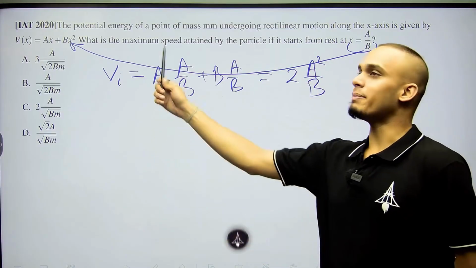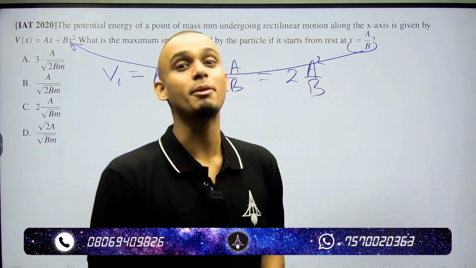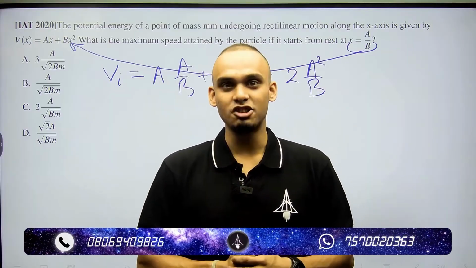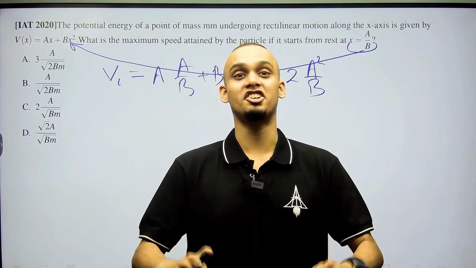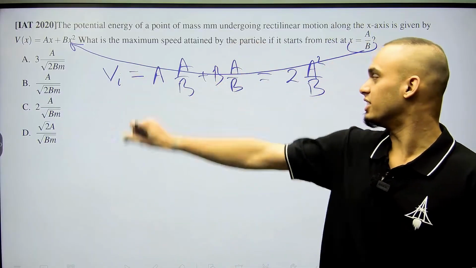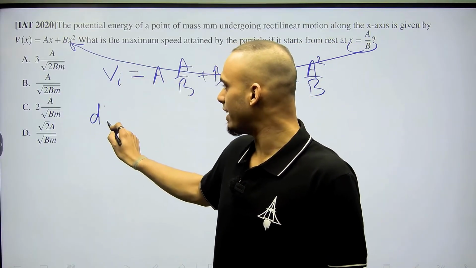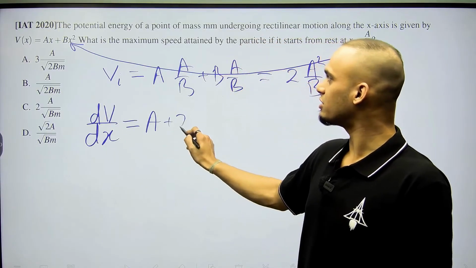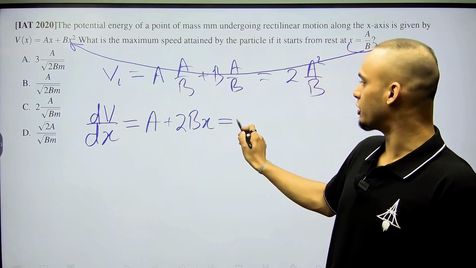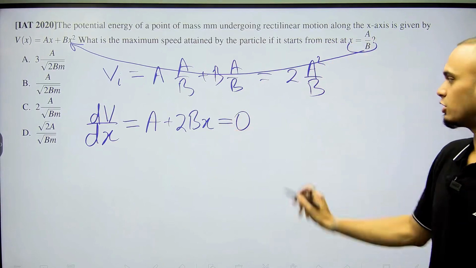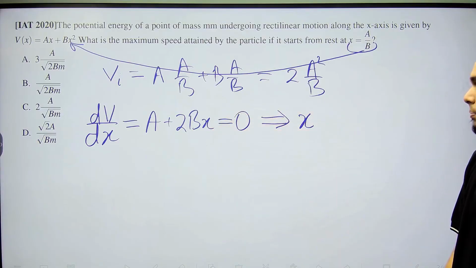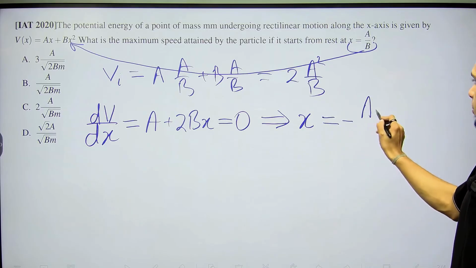Now since we need to find its maximum speed, we are concerned with the maximum kinetic energy that the object will attain, and we know that when the kinetic energy of the object is maximum, its potential energy will be minimum. So let's minimize this potential energy. We can minimize it by simply taking the first derivative of its potential, that's given by A plus 2 into Bx, and setting it to 0. Now solving this equation, we get the value of x where the potential energy becomes minimum will be equal to simply minus A upon 2b,